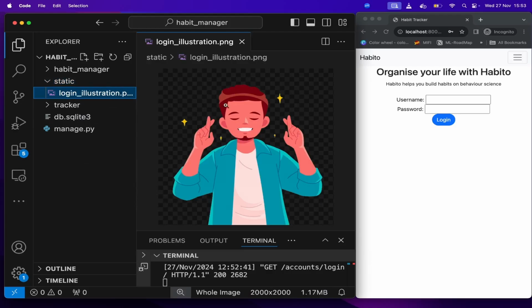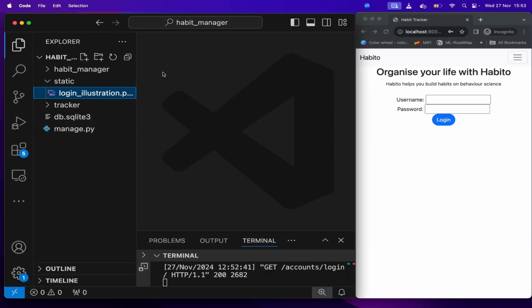So feel free to get this image in the repository. I'll share the link in the description. Okay, so this is the guy we're going to have here. And then we need to tell Django to be aware of this static file. To do that, we go to